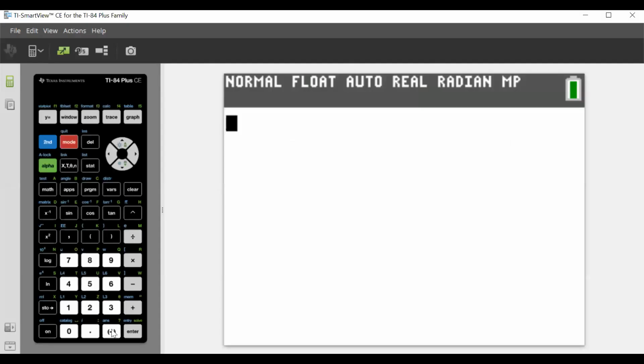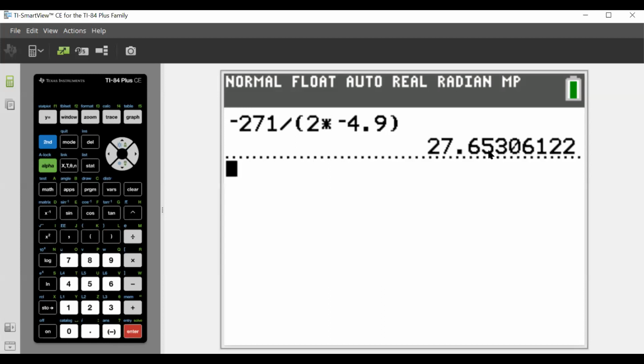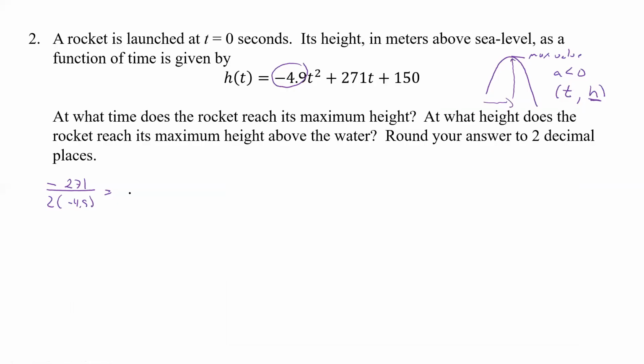And so we're going to take a negative 271 divided by, and then we're going to take 2 times the negative 4.9. And when we get that, we're going to get 27.653, so 2 decimal places, 27.65 is going to be this value. And this is going to be seconds, because remember, we said that this is t comma h. So the time is going to be our x value, and that's what we have here for t. And so now we need to find h of